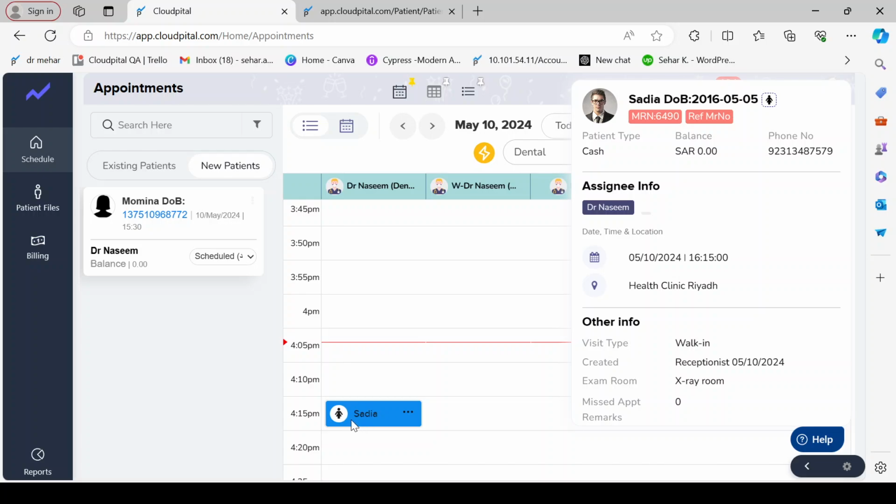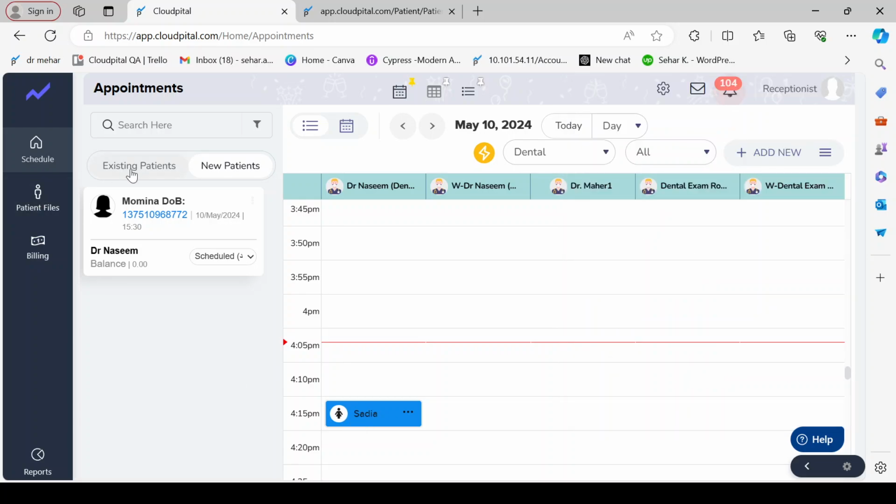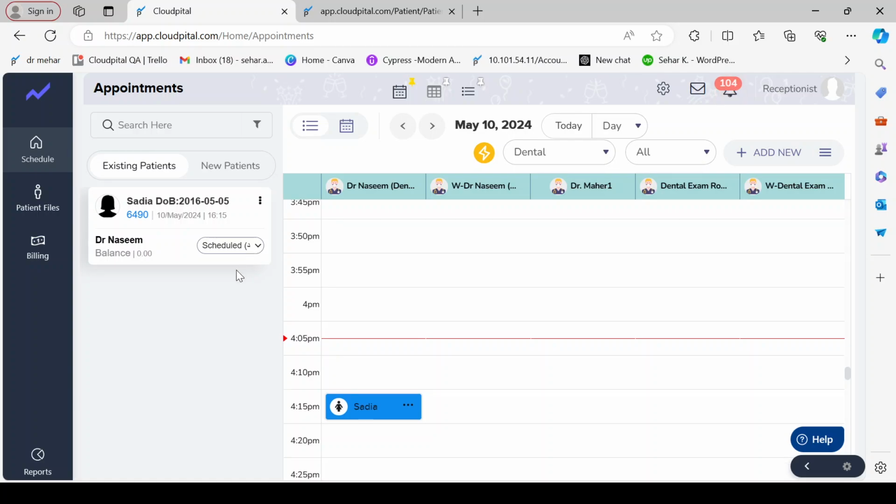Now this patient is registered and appears in the existing patient category, and the appointment color automatically changes from orange to blue. We have multiple appointment types like scheduled, waiting, delay, arrival, engage, and others. When the doctor comes, the receptionist changes the appointment from scheduled to engage.